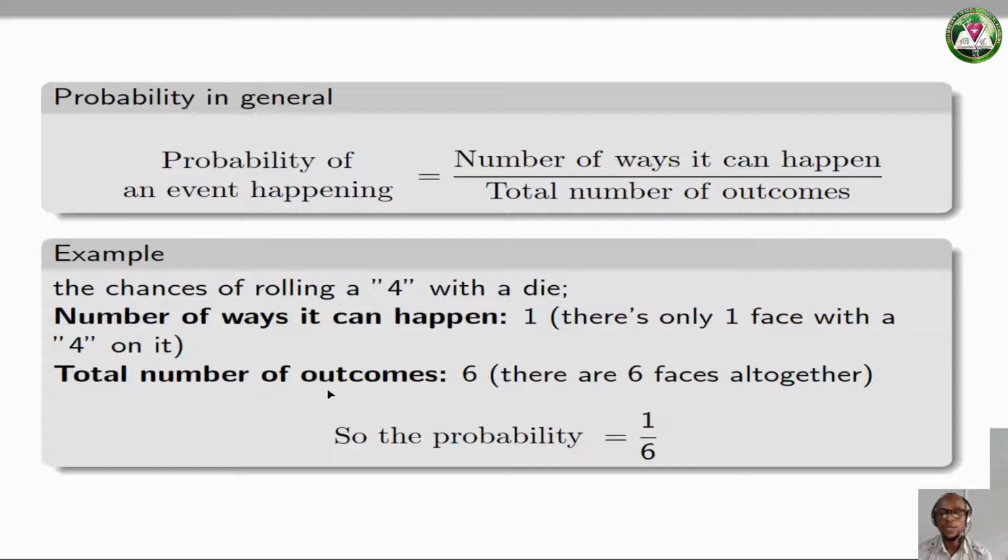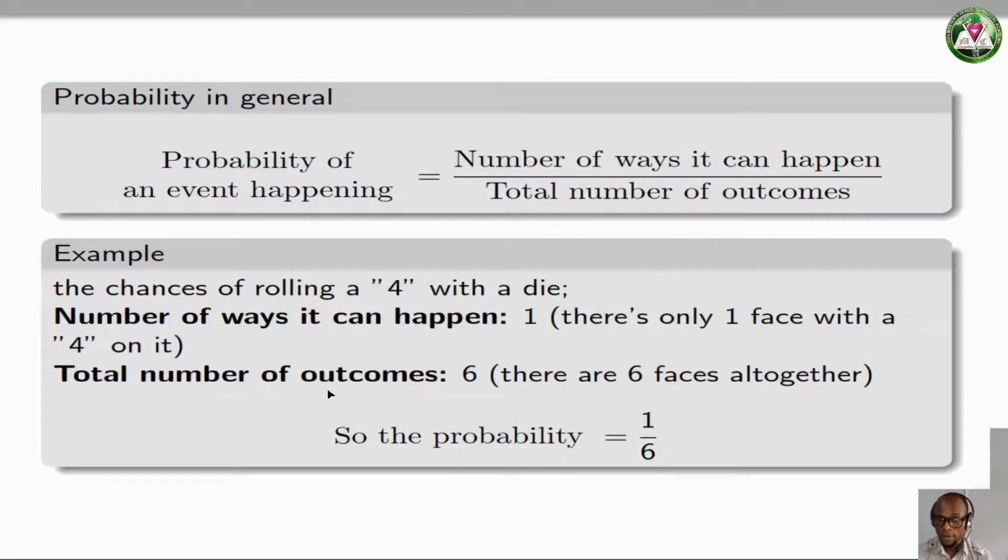Why? Because there's only one face with a 4 on it. And the total number of outcomes we have is 6, because there are 6 faces altogether. So the probability can be defined as 1 over 6, using the formula which says that probability of an event happening is number of ways it can happen over total